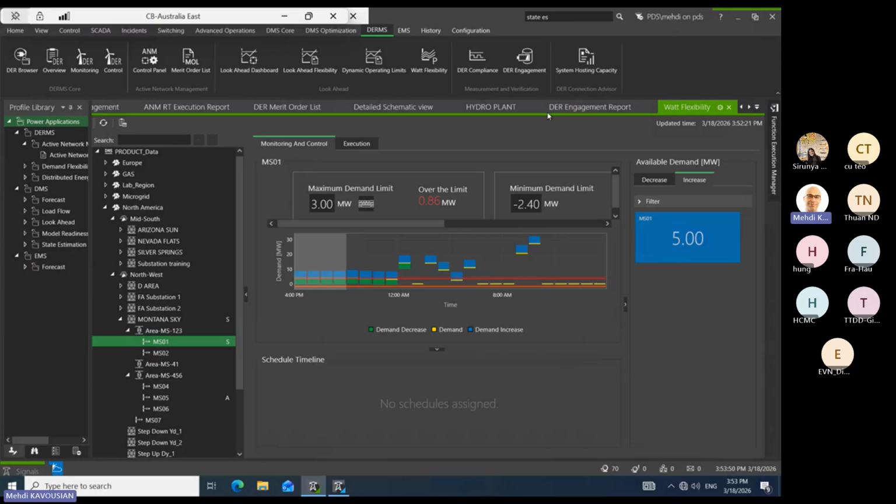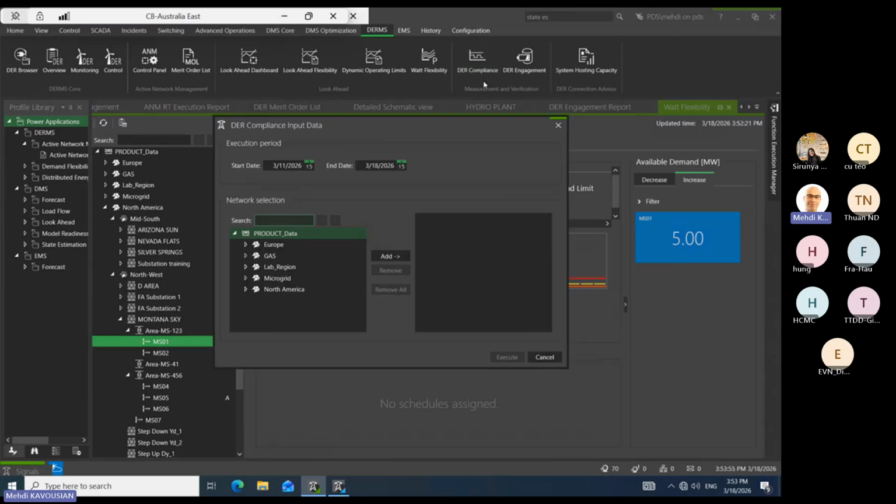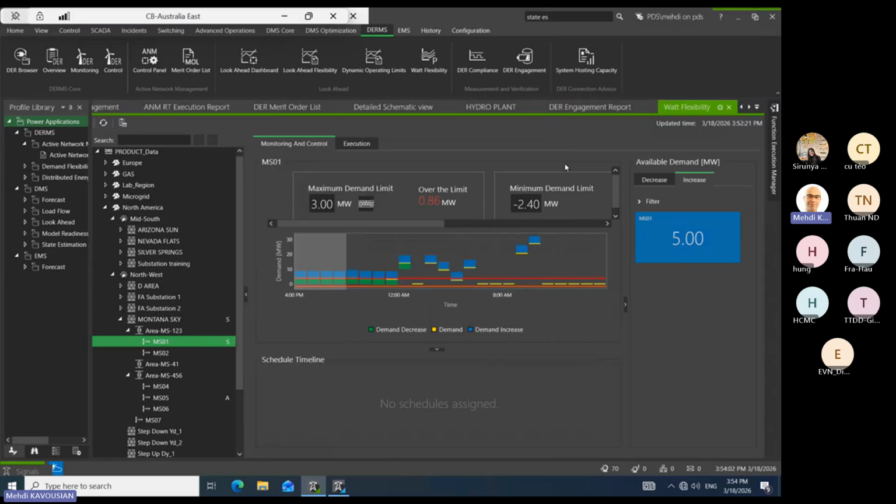So we have something like a DR compliance report, which I was trying to explain the other day. When you send a command, maybe they don't follow. Even if you send a set point, even in real time, they might not follow. And then this compliance report would check that: you sent a command to change, and it shows the one that